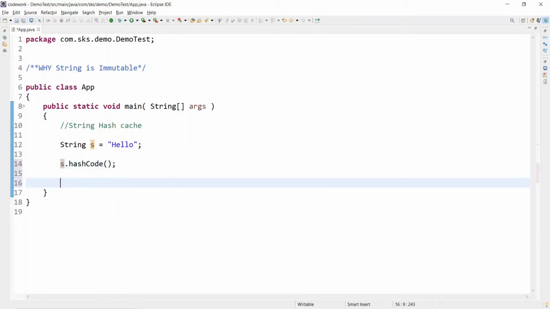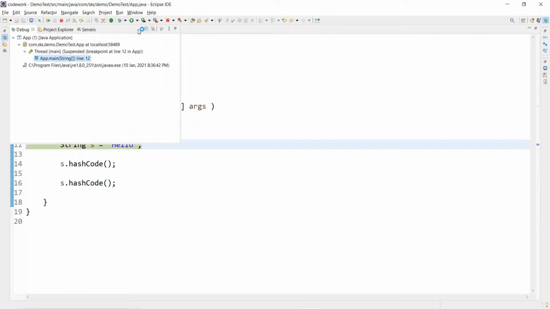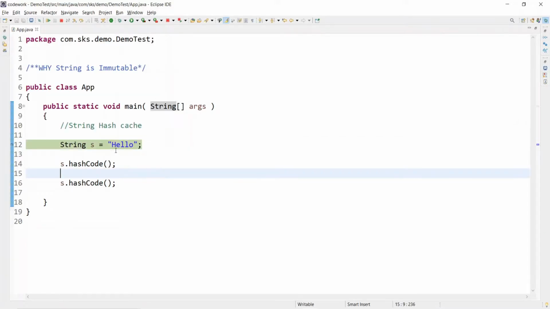And again we are calling s.hashCode(). Let's debug this. Ctrl+Shift+B puts the debug point over here, and let's run this in debug mode.